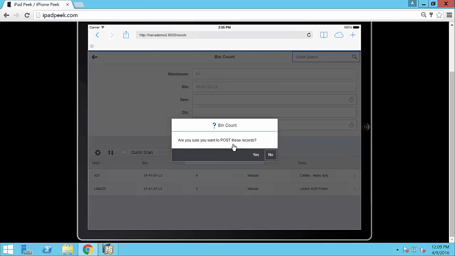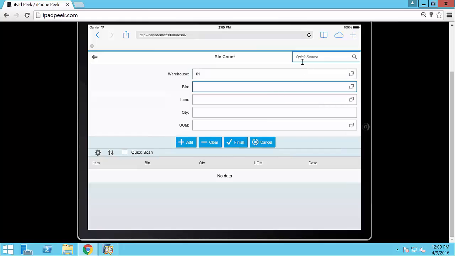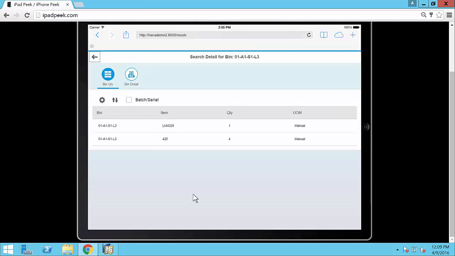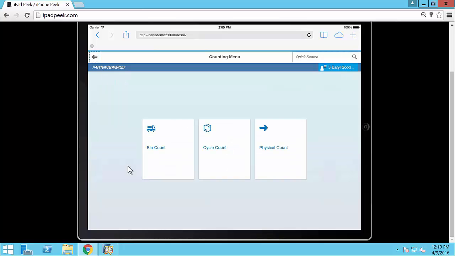So when I finish this, this will automatically adjust the inventory instantaneously in the system so that I can see the changes reflected when I do the bin search, as well as inside of SAP. Let's compare that to our cycle count or our